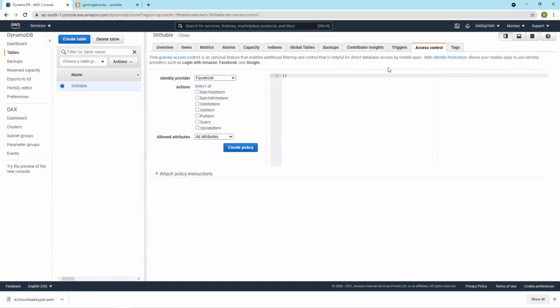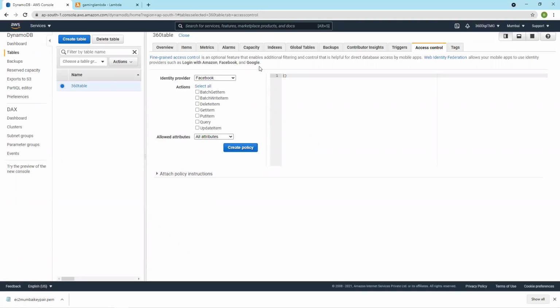and this will be useful for mobile apps. Web Identity Federation allows your mobile apps to use identity providers such as login with Amazon, Facebook, Google, right? Nowadays, if you want to use any app, they will ask you to register, and we will have this option: login with Facebook, login with Google. When you log in with Google, Google already has your details.